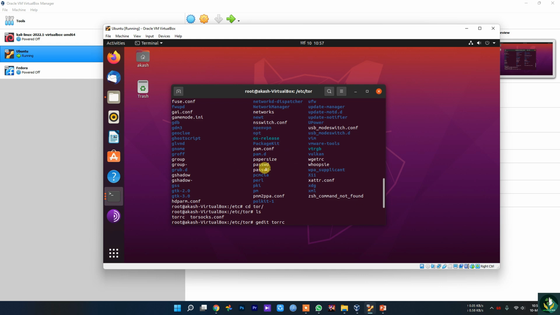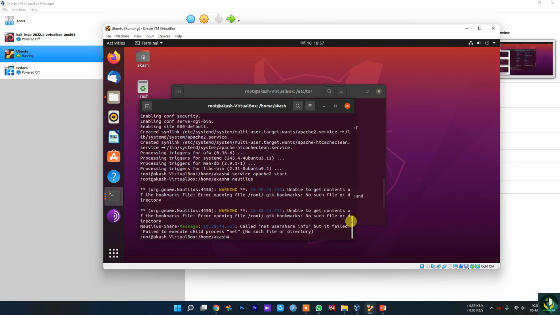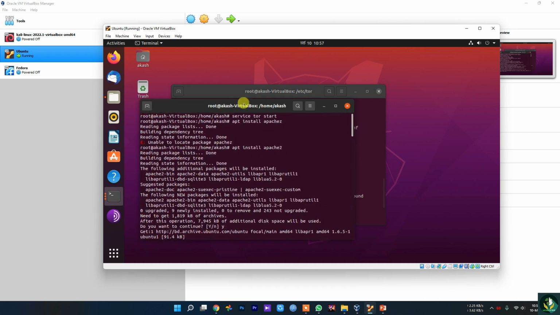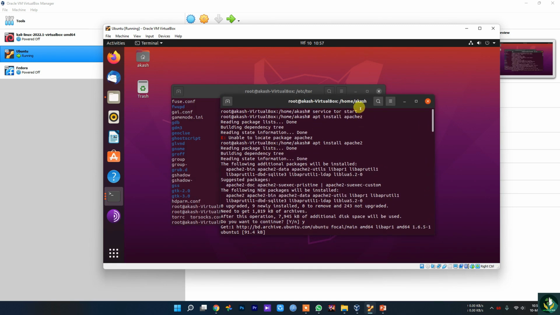After these processes, you have to go to another terminal and start the Tor service by typing service tor start.